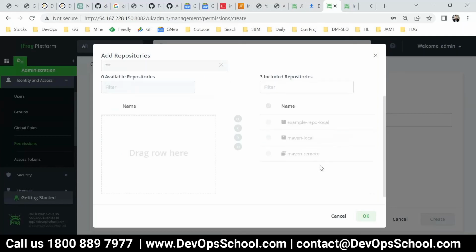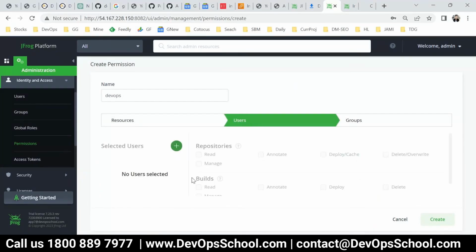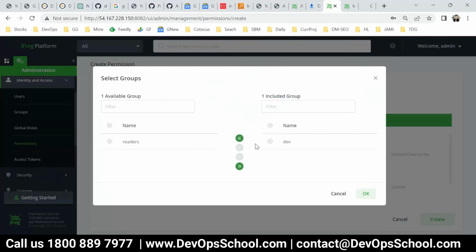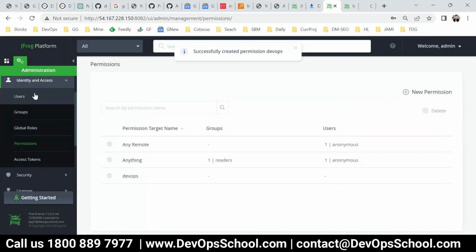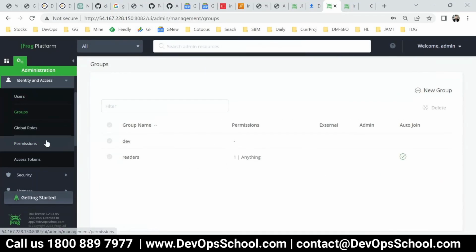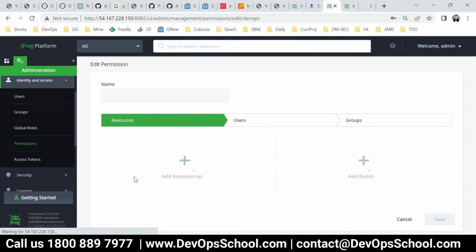So that is automatically selected. Now resources, that means all the repositories, and which user or group. User you don't want to use here, rather than user you want to use the group, the dev group. Save it, create and confirm, done. So what I did: I created a user, I created a group, added the user to it, and here I added a permission, which is DevOps, and the DevOps permission has a group which is called